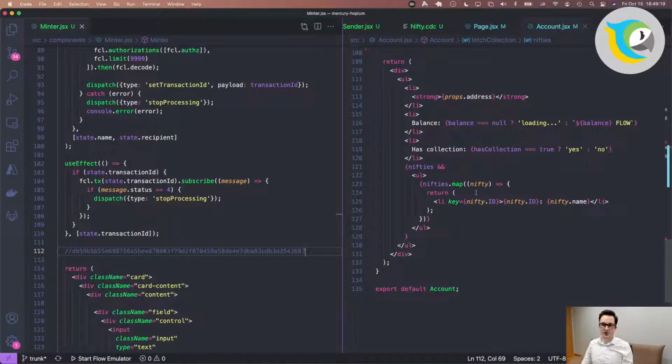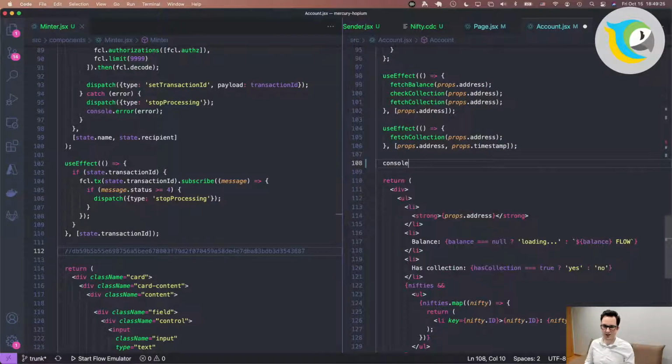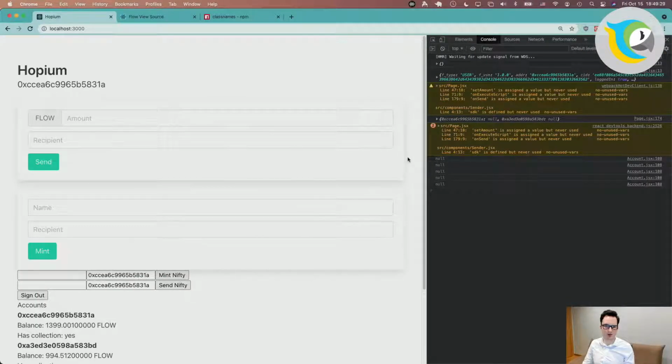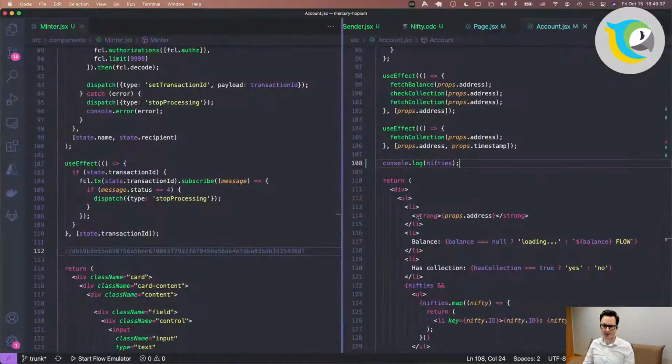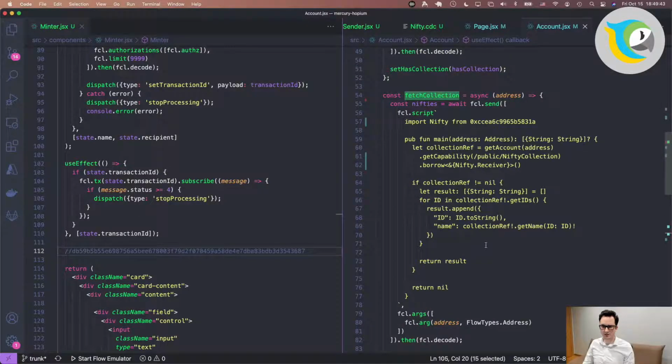Cool. So inside of account, we have this nifty's thing. Let's try and log it to see where we get lost. So it's all null. That says that the script we have for fetching is not producing a desired result.